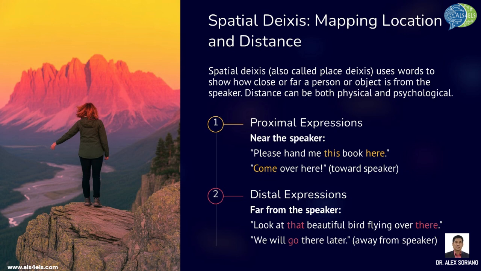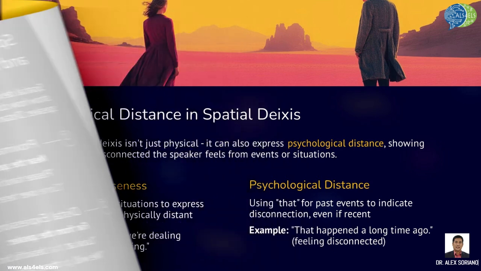Spatial deixis, also called place deixis, helps us talk about location and distance. It uses words to show how close or far a person or object is from the speaker. This distance can be both physical and psychological. Proximal expressions are for things near the speaker. For example, "please hand me this book here." "Come over here" is an invitation to move toward the speaker. Distal expressions are for things far from the speaker. For example,